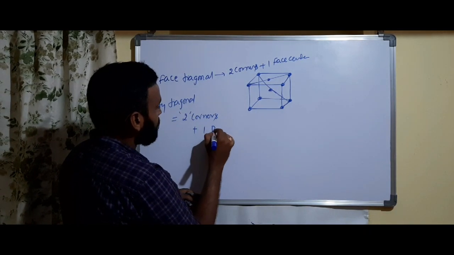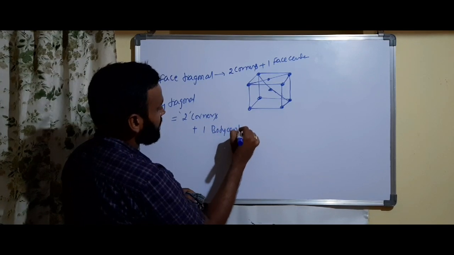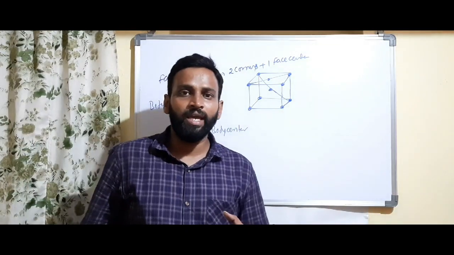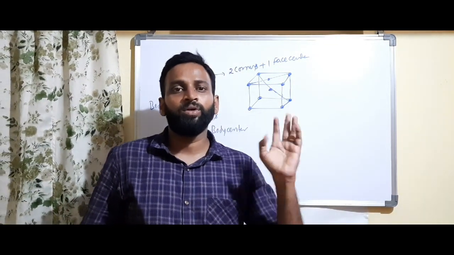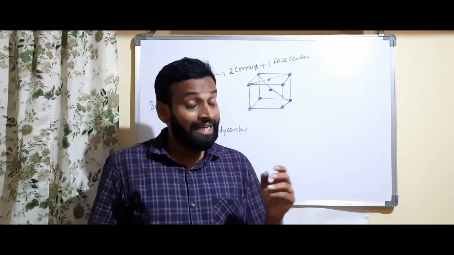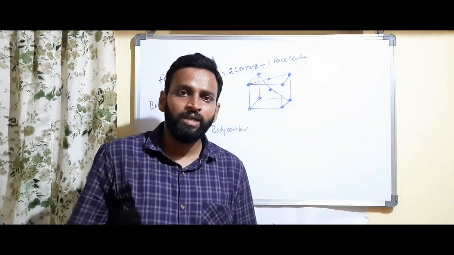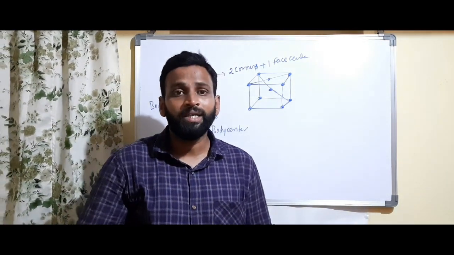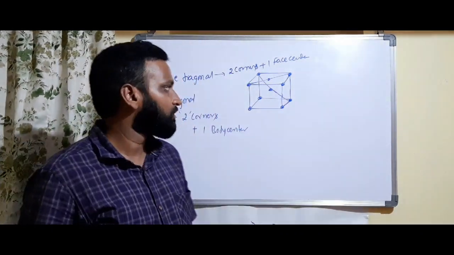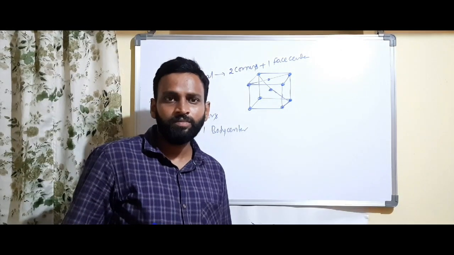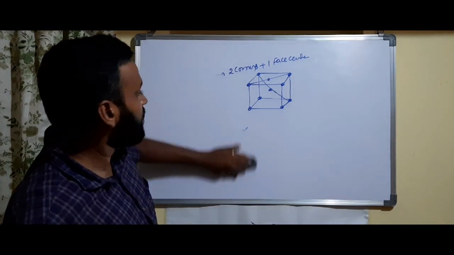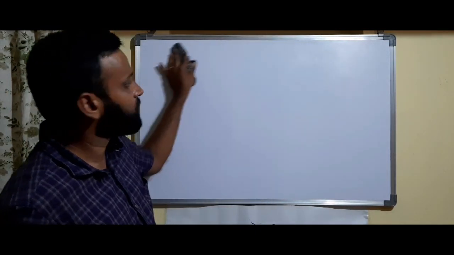2 corners and 1 body center atom are present. So why am I telling this? In some numericals, atoms A occupy corners, but one of the face diagonal atoms or body diagonal atoms were removed. Like that they will say. Okay. So what is the formula of the particular compound? Like that they'll ask you. So these are very, very important for us. Getting what I am saying? So these kinds of numericals are also very important. We have to solve all those things.